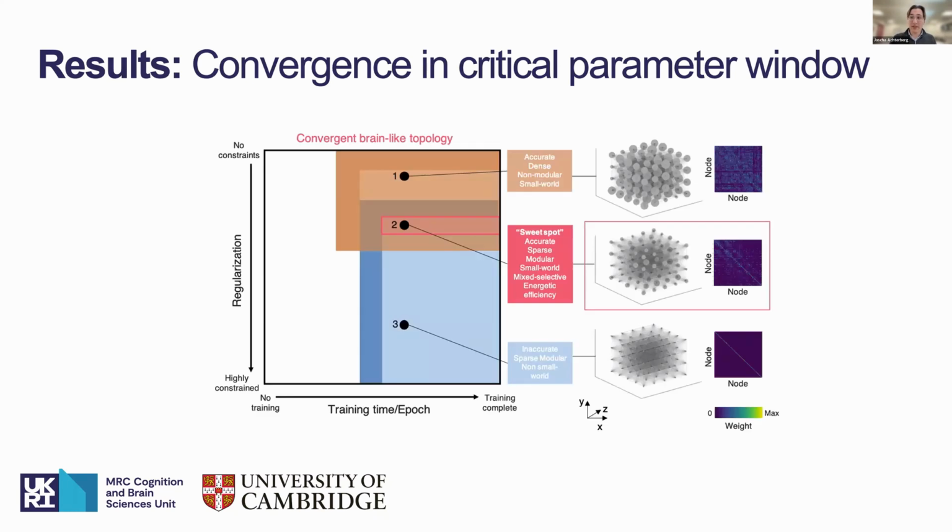So we did one analysis here where we looked at the entire population of networks that we trained. These are seRNNs here, and the population obviously differs in terms of regularization and in terms of training time. What we find is that across this population, there's this one zone in the spectrum where all of these features arrive in unison. In this zone, we have a very critical window where networks are modular, they are small world, they're very energy efficient, they are sparse, and they show this very computationally efficient mixed selectivity code.